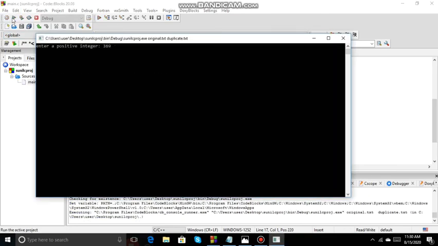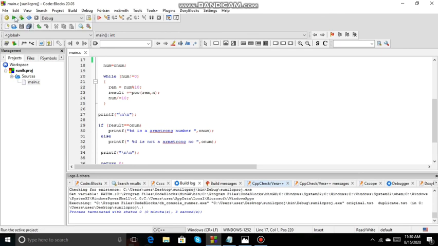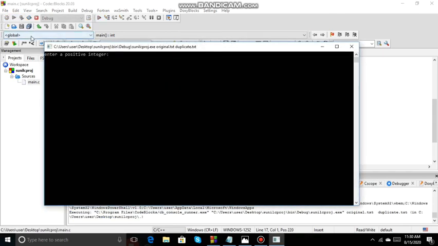It is not an Armstrong number. Now we will give some other number, 8208. That is an Armstrong number. So like that we can find whether the number is an Armstrong number or not.